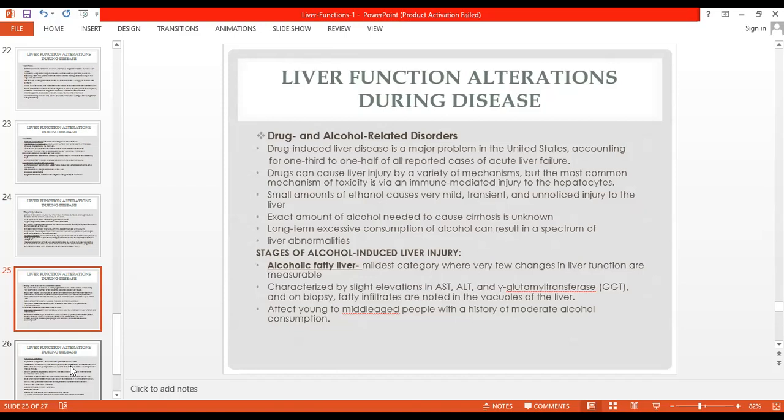But the long-term excessive consumption of alcohol can result in a spectrum of liver abnormalities that may range from alcoholic fatty liver with inflammation, steatohepatitis, to scar tissue formation, as in hepatic fibrosis, to the destruction of normal liver structure seen in hepatic cirrhosis. An alcohol-induced liver injury may be categorized into 3 stages: the alcoholic fatty liver, alcoholic hepatitis,